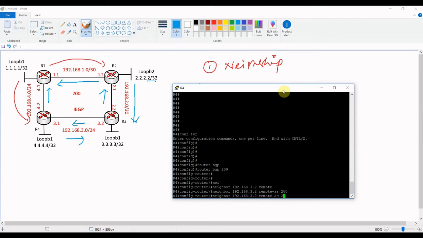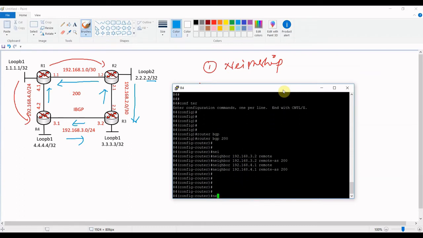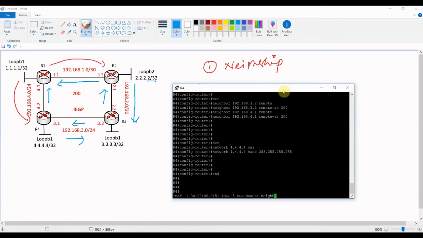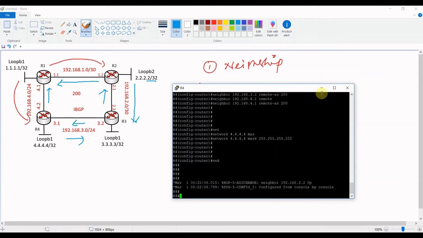Then we will specify 4.1, which is at router 1, 200, and then let's advertise the network, which we have 4.4.4.4, and the mask should be 255.255.255.255. Okay, done.